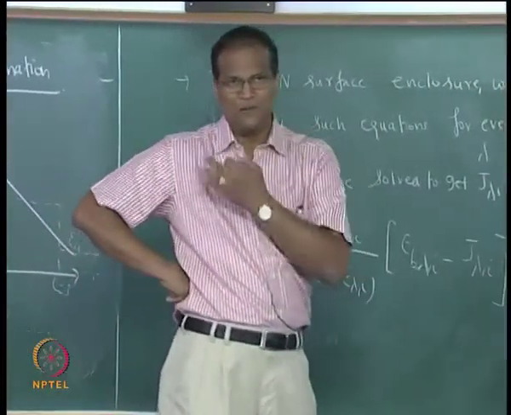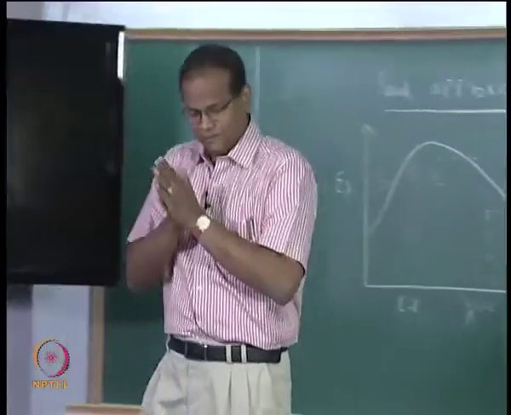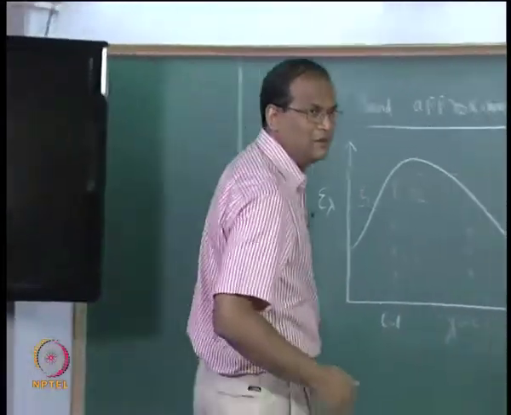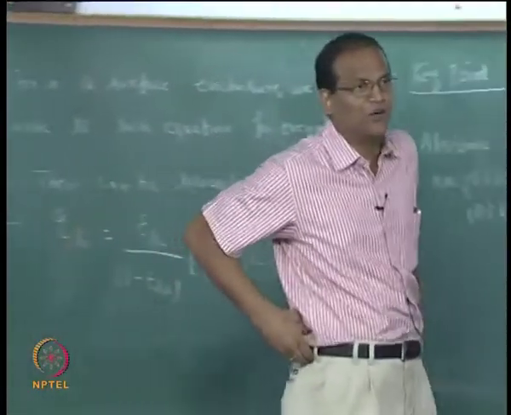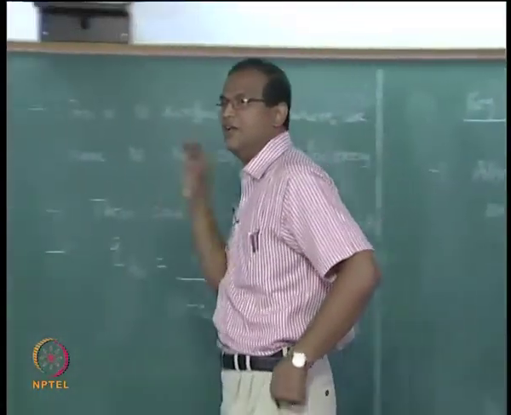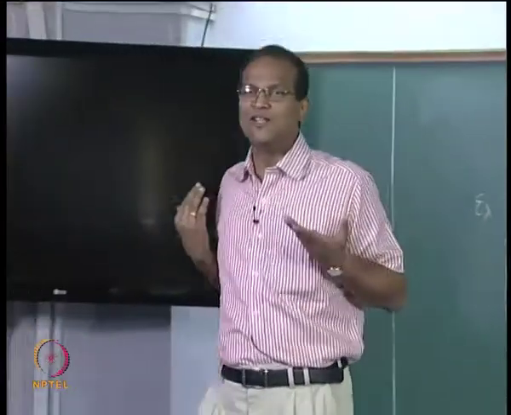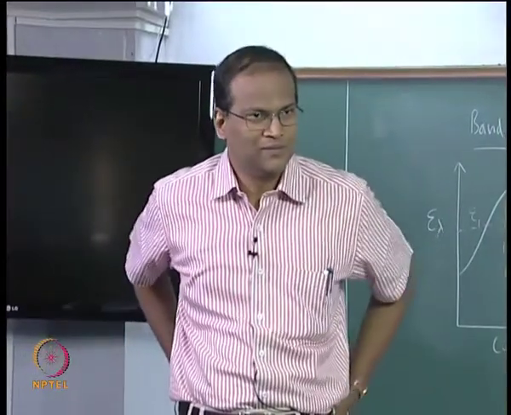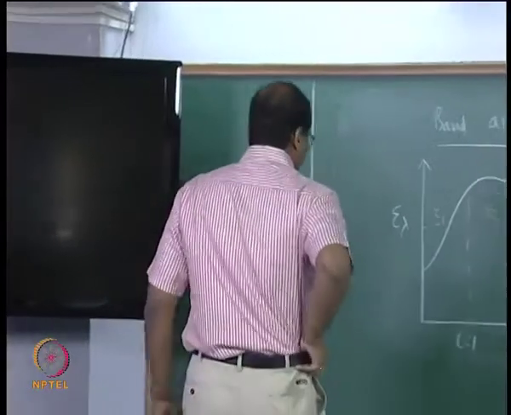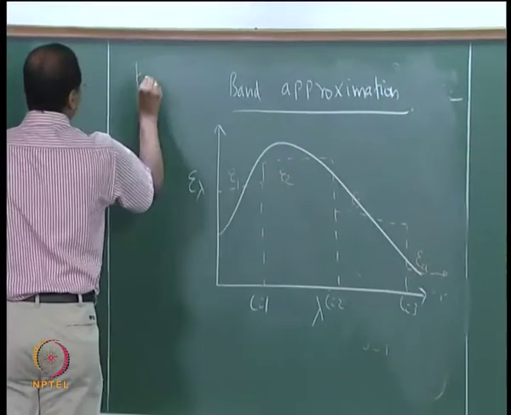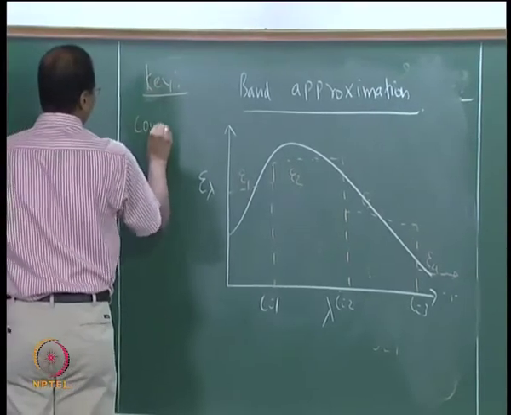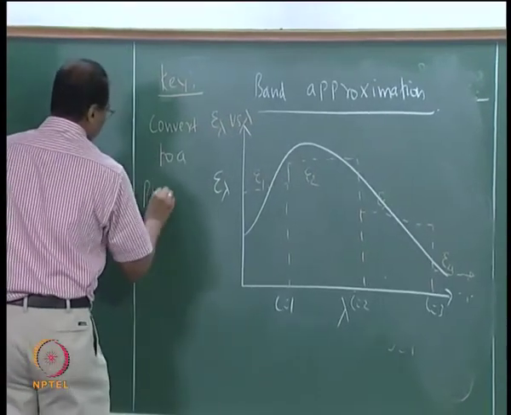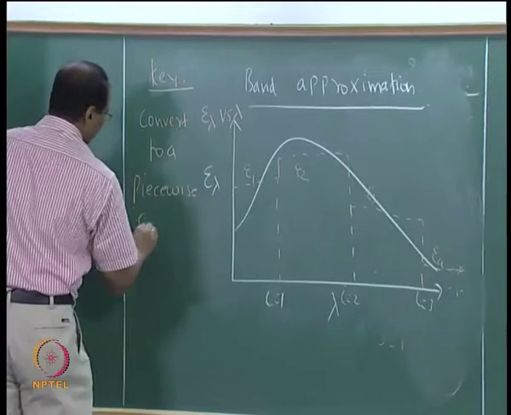What is it mathematically, what have we done to a continuous function? It's a piecewise constant emissivity model. So a continuously varying function has been converted to a piecewise constant emissivity which can be easily handled, and I know I can use the F function chart. Now, this sort of epsilon lambda versus lambda, so many problems you have solved, isn't it? Correct? Okay. So the key here is the piecewise constant emissivity model.